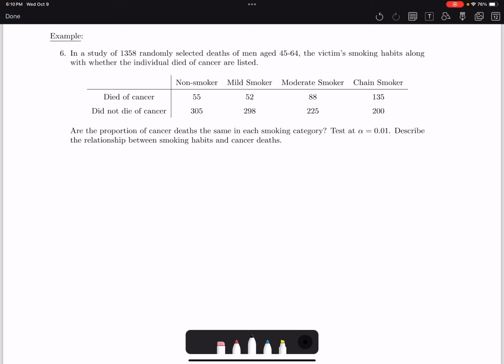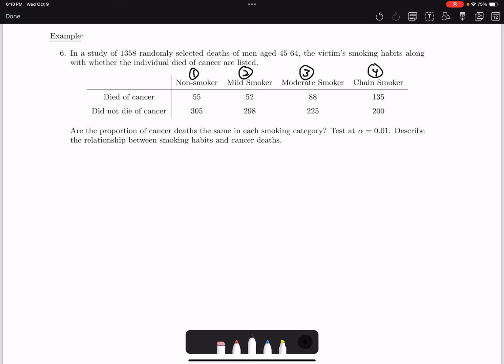It says in a study of 1,358 randomly selected deaths of men aged 45 to 64, the victim's smoking habits, along with whether the individual died of cancer, are listed. Are the proportion of cancer deaths the same in each smoking category? If we call non-smokers group 1, mild smokers group 2, moderate smokers group 3, and chain smokers group 4. I'm not sure who named these categories, but